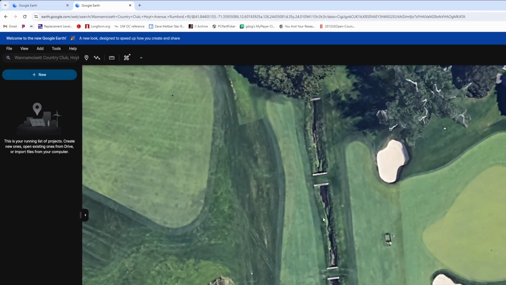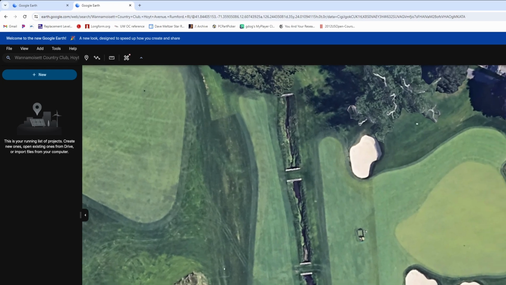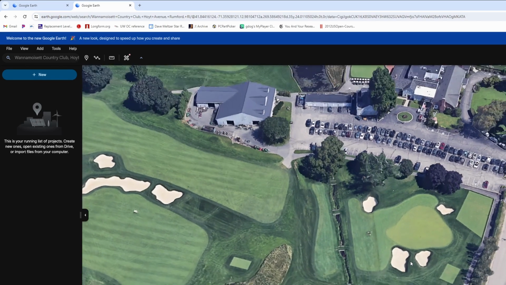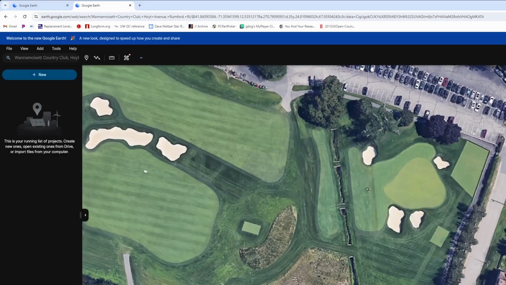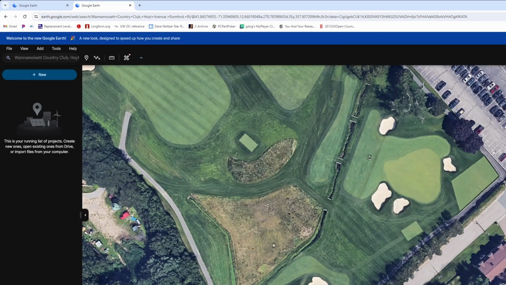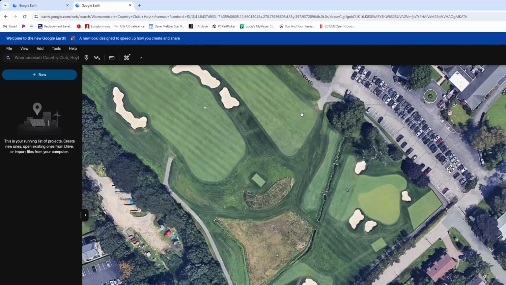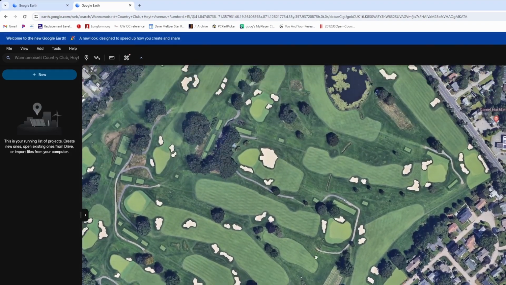Okay, and then we can get a sense also of how wide this valley is. Right at the base of the valley, it's about 40 feet above sea level, and then up here in the fairway, it's about 56, so about 16, 20 feet higher or so, and then up on the other side of this green, it looks like it's maybe another 10 feet higher. So again, we're just getting an idea of what scale contours we're looking for here. Okay, so having done that,